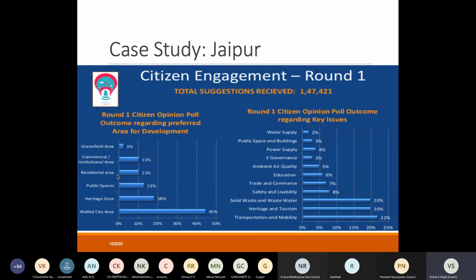Again, in the case study of Jaipur, they have already started working on taking feedback from customers. Again, as I said, I would say customers, because it is ultimately the end users who are involved over here, the general public, who are going to use all these resources, who are going to use these smart transport or smart water management systems, or smart waste management systems. All these technologies will be used by